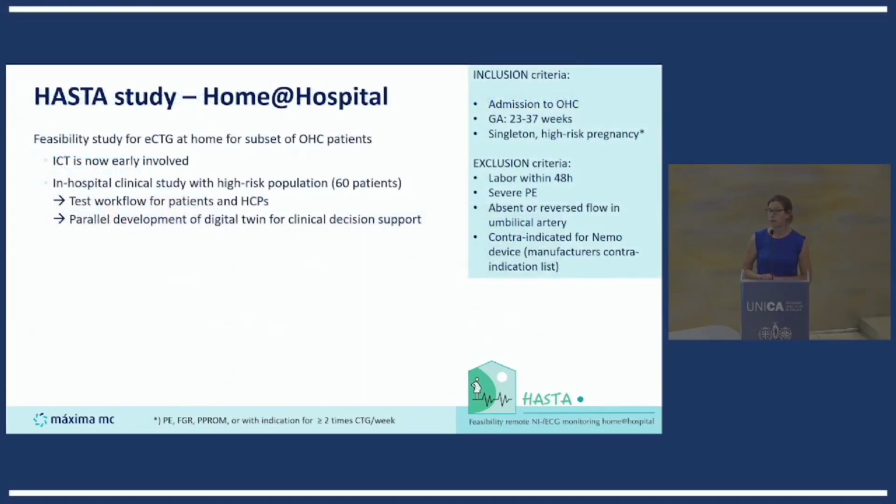This is the HASTA study, and we will perform it as a feasibility study, so therefore we define it as a home at hospital study. With that I mean that we dedicate a part of the hospital as home. Of course it is not, but we disconnect all the equipment from the hospital and enter the NEMO remote system there, and we define that as a home setting. Of course we involved ICT early